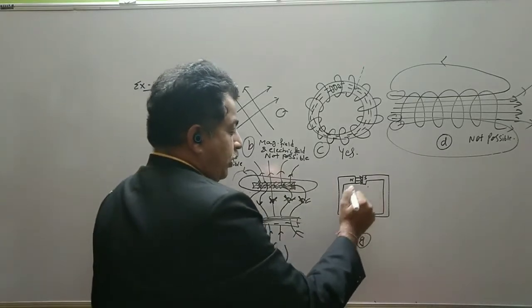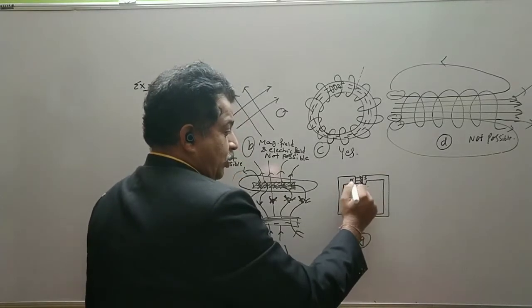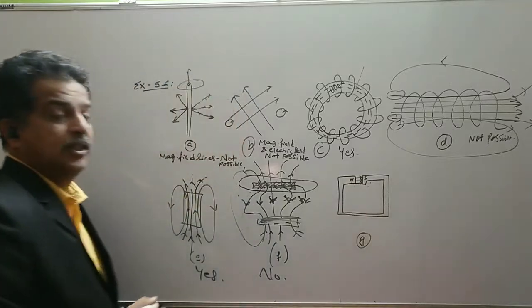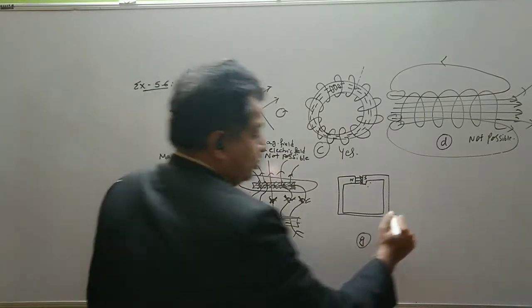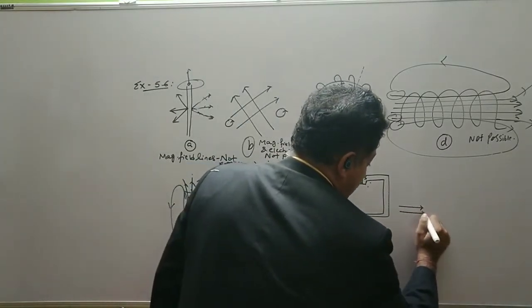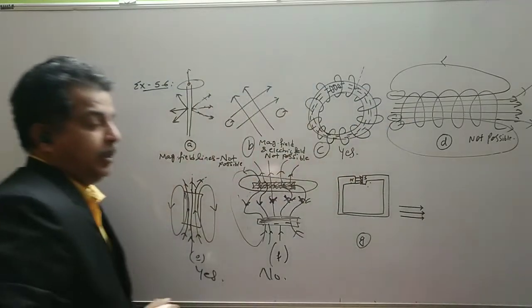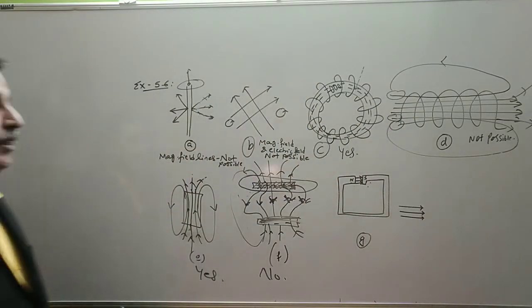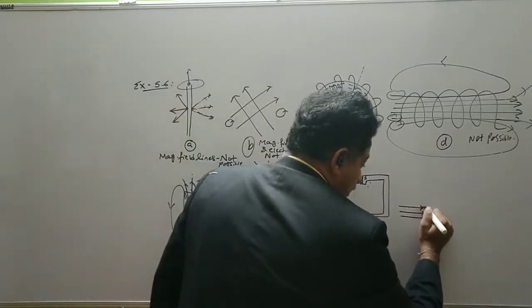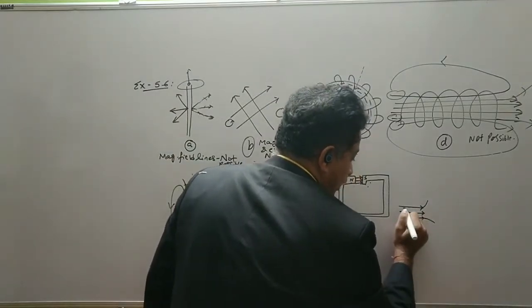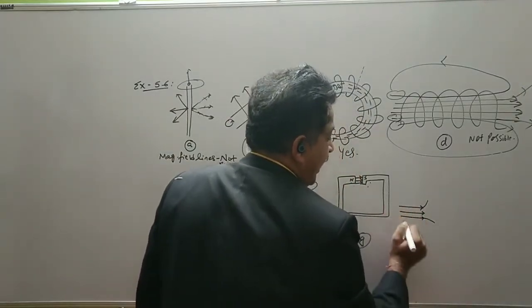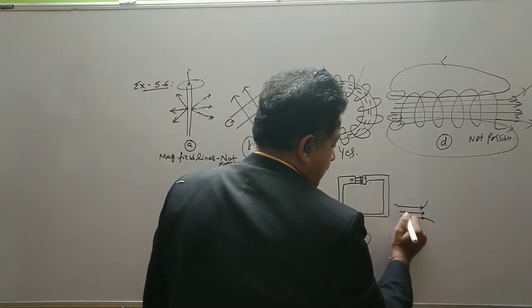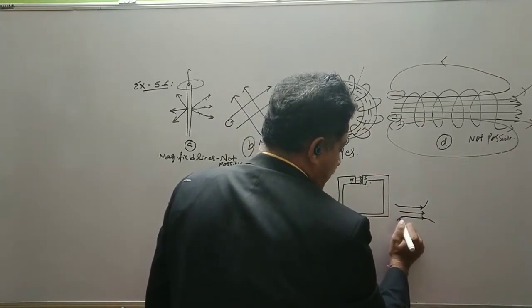North and south pole, again you see, even if there is a north and south pole and the distance is very small, the magnetic field lines still cannot be considered to be straight lines. There should be some bending of the field lines at the edges. So this is the situation. It should be like this.